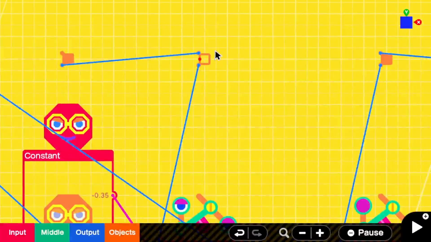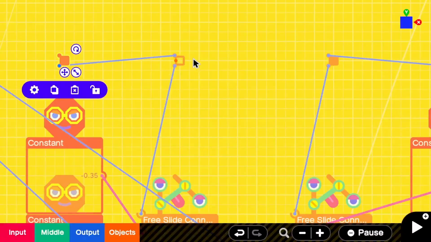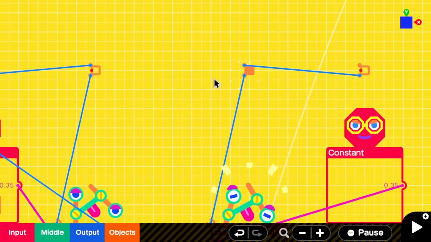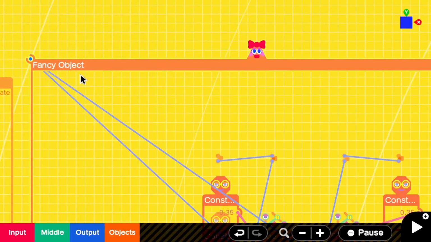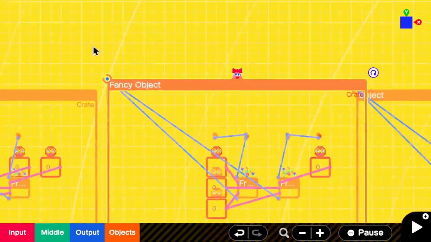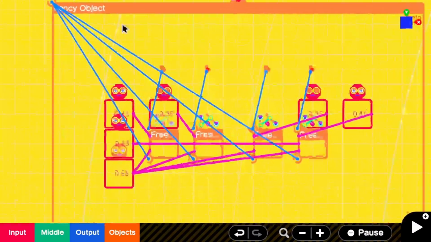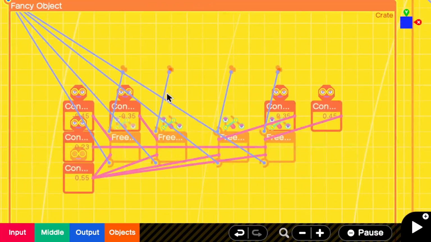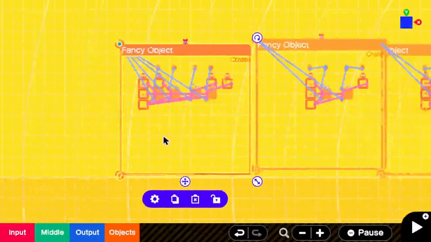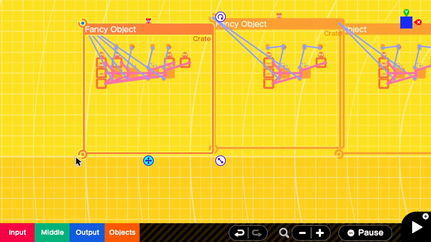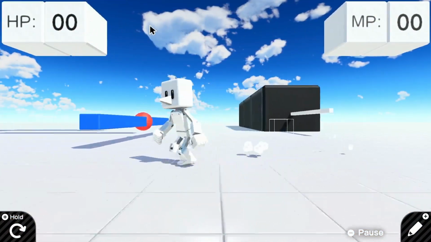are not connected consecutively. Instead of having this text object connected here and number object connected here, we just want everything to be connected directly to the stable giant object we have at the center of the head. In this example, I already did it here. So now I have this giant fancy object, and all of our HUD elements are just connected directly to the fancy object through freeside connectors. And now if I try to connect this to the head nodon, now everything is perfectly stable and much more